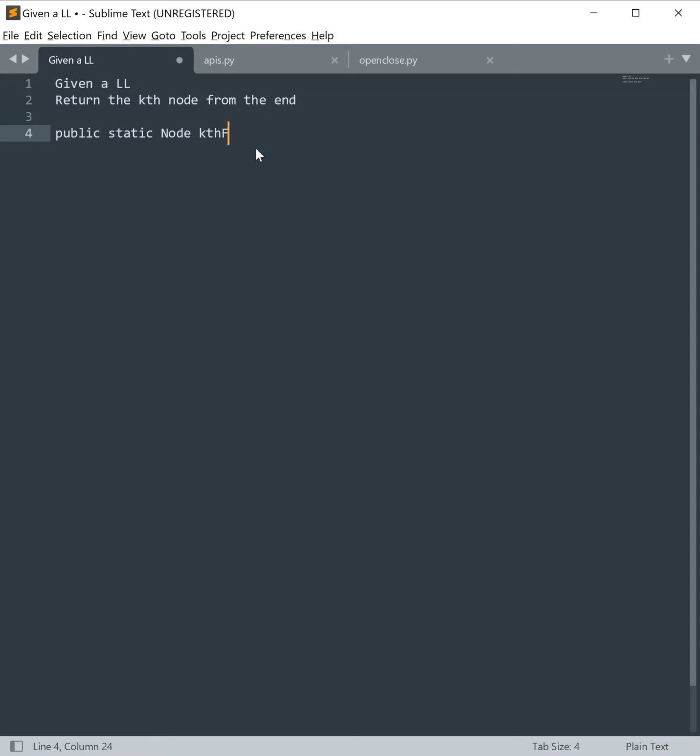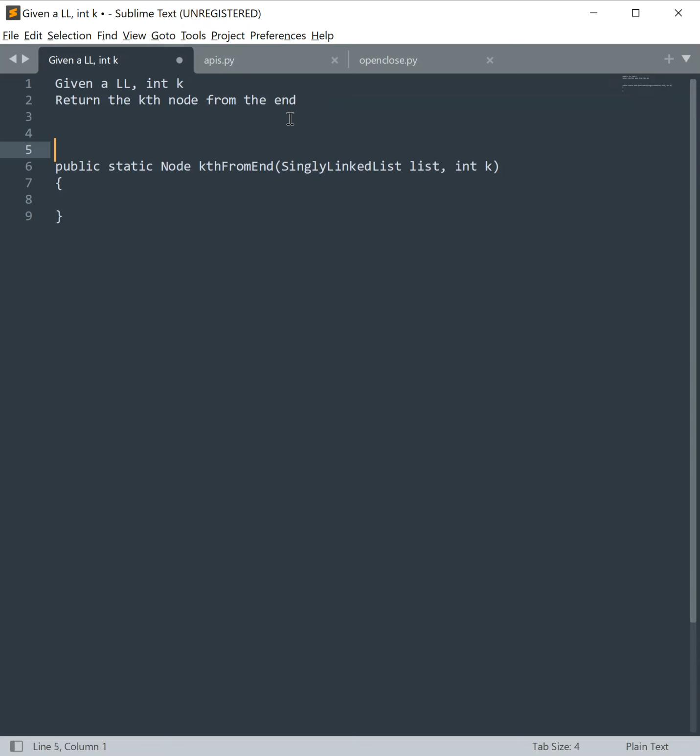Even though it's simple, it just blows my mind that, you'll see very shortly. Okay, so given a linked list and an integer k, return the kth node from the end. So,